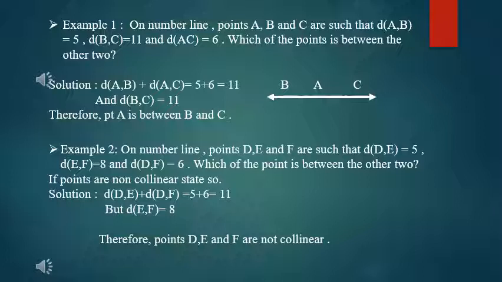Like I will check DE plus EF, which is 5 plus 8, which is 13. So even that is not my third side. Then next is EF plus DF, which is 8 plus 6, which is 14, which also doesn't give me any clear picture, which means that the 3 points are not collinear. So it doesn't mean that whenever they give you 3 points, they will be collinear. There can be cases where you will not arrive at any answer and therefore they are non-collinear.